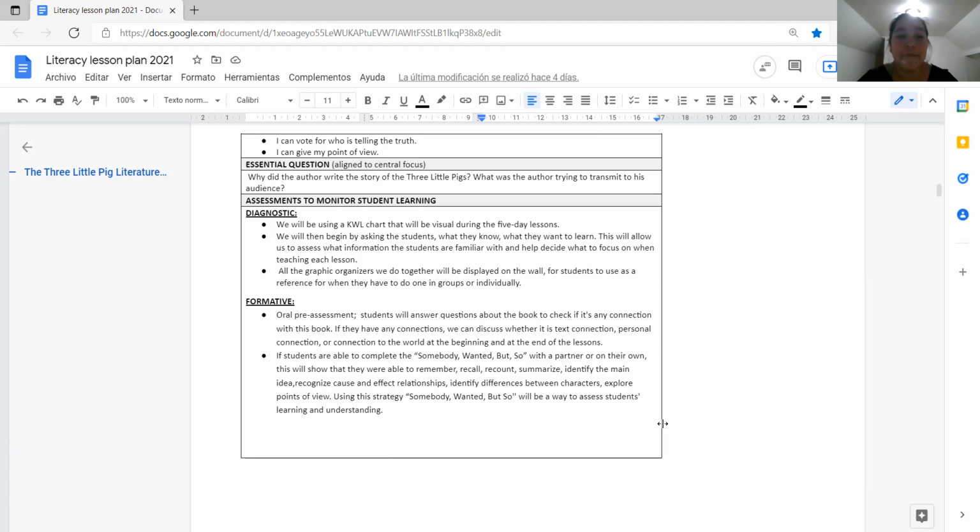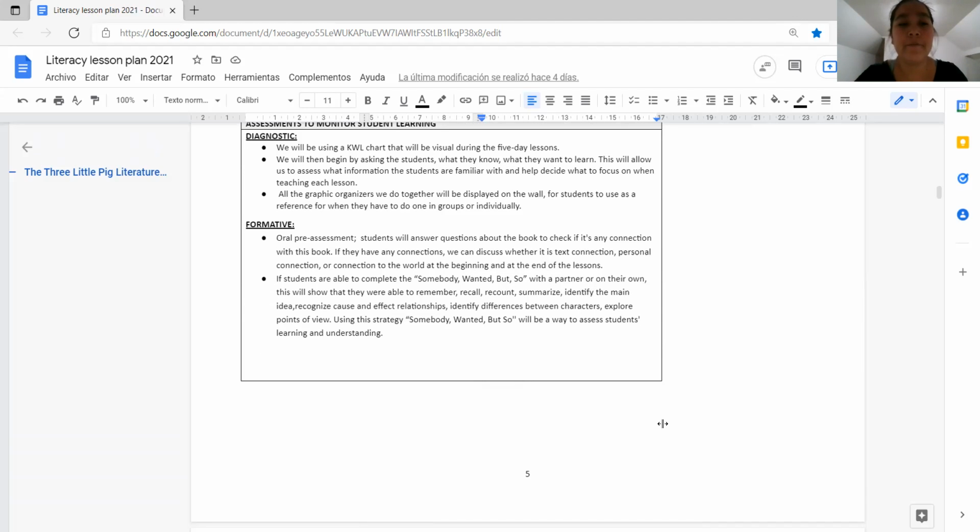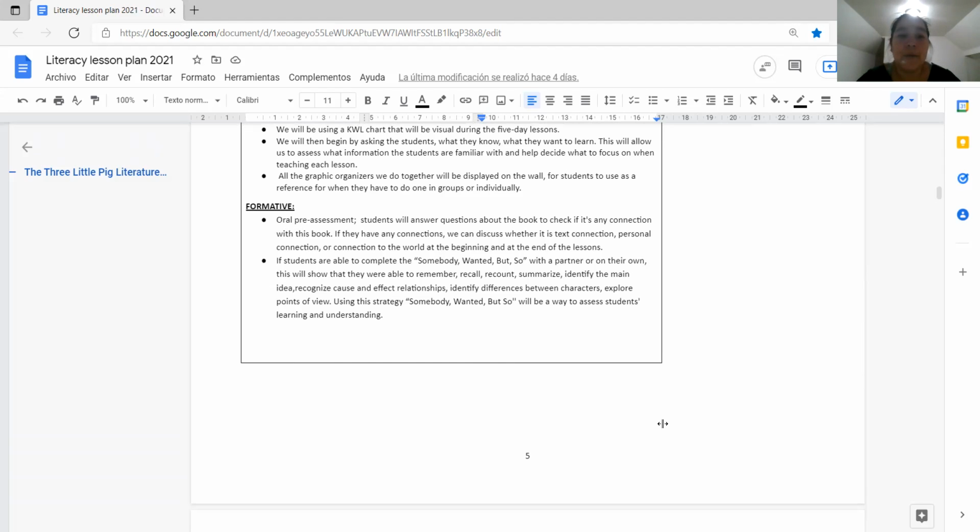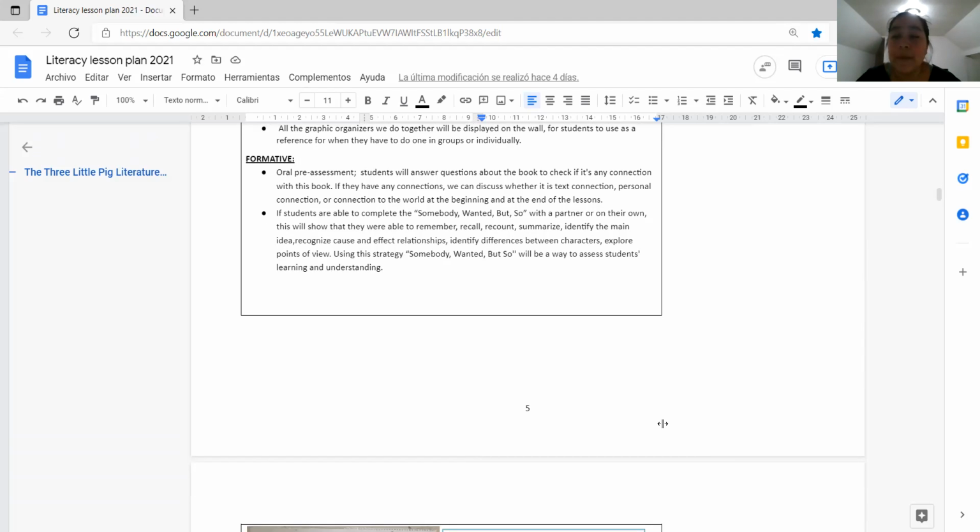And for the formative, we're going to do an oral pre-assessment. Students will answer questions about the book to check if they have any connection with the book. The second one is to complete a little chart of Somebody Wanted But So. If the students are able to complete it without help or by working together, they show they were able to understand the whole story